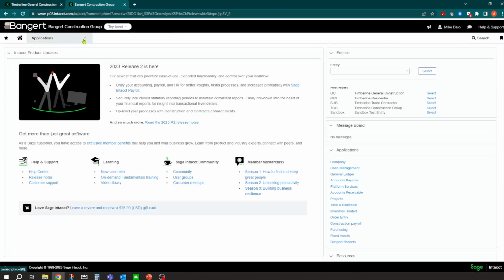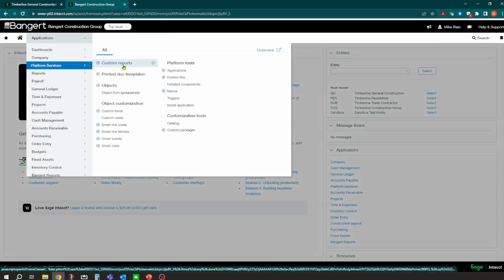What you can do with smart rules and smart events is you can actually dictate what fields you want to populate. For example, when you're setting up a subcontract vendor, there's certain things that you want to make sure you're tracking on that vendor. So when it goes time to approve payments, they have all the proper documentation and all of their insurance certificates, and everything that you need from them to process payment.